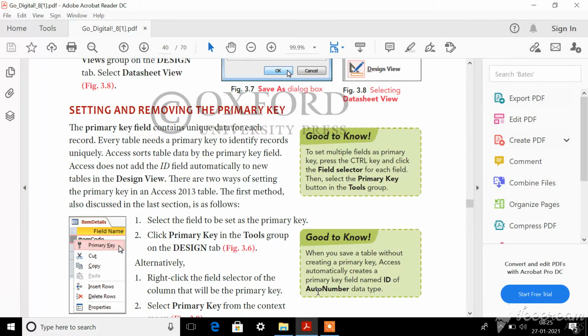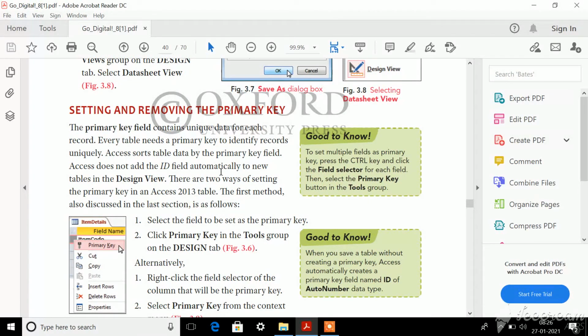The registration number of each student is unique, isn't it? So it will not be repeated. So that particular field can be selected as a primary key, so that if you want details about a particular student, you can just use this primary key to find the details of any student.